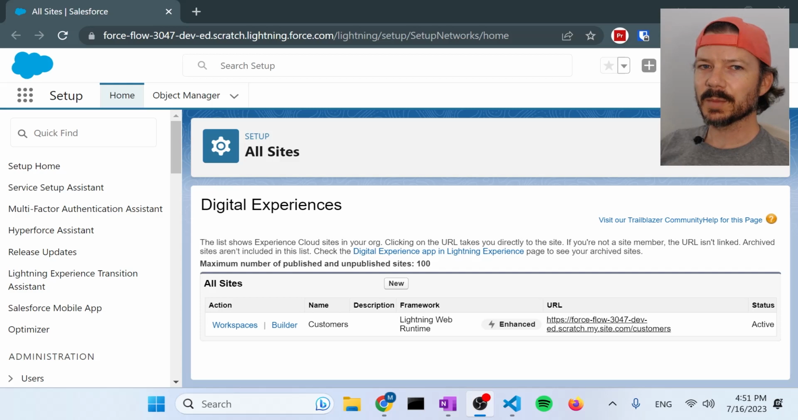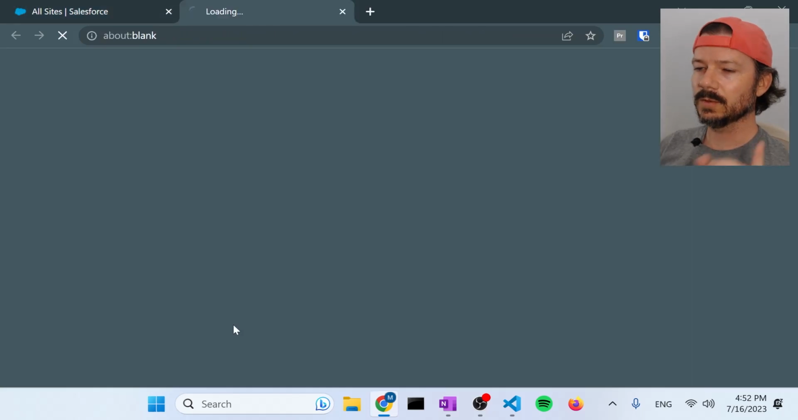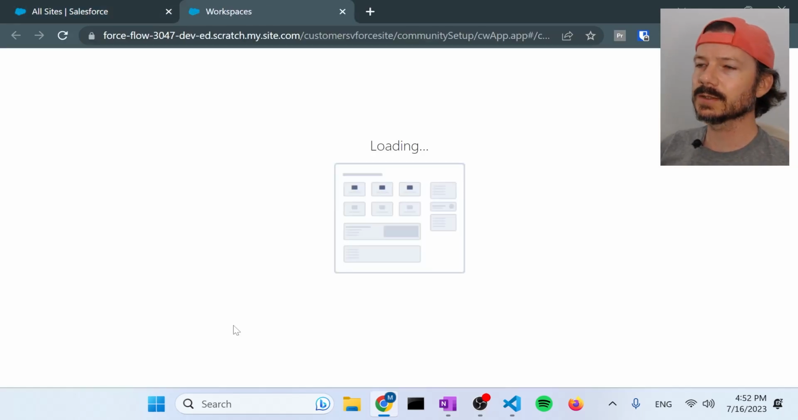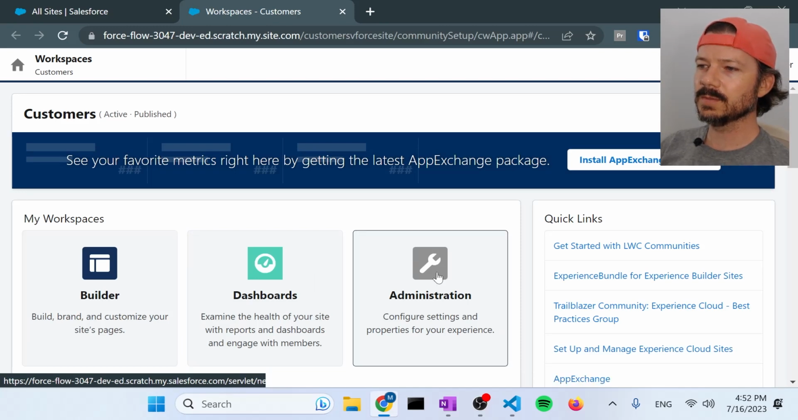Here we are in setup of our Scratch org, and we're already at the Digital Experiences page. And you can see here I already have an LWR site built, and our status is active, which means we've already activated it in the administration section of Experience Builder, or the Experience Workspace. So you want to make sure this is set, because you'll run into problems down the line if you don't set this first. So to do that, you go into Administration,